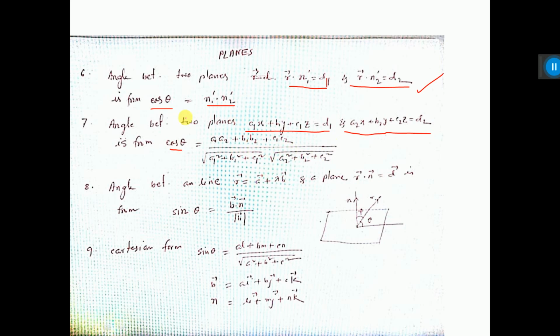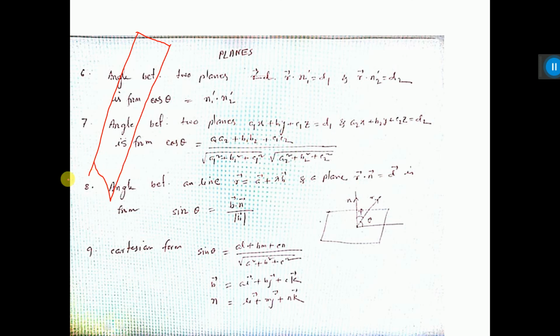So the angle between the two planes, that means, let's say this is one plane I am drawing here. I told you every time try to draw the diagram. This is the equation of one plane, and here you are drawing another plane. They are intersecting. So you have to draw one parallel line. This parallel line intersects a particular point. See, this is the angle between the planes. So this is theta. This theta value you will get if it is a vector equation, and also if it is a Cartesian equation.